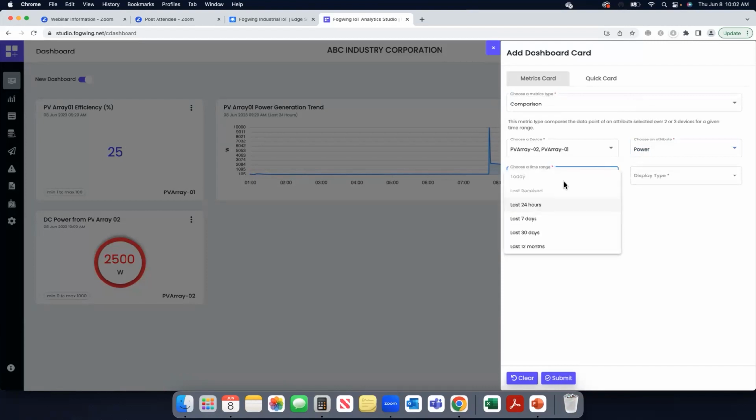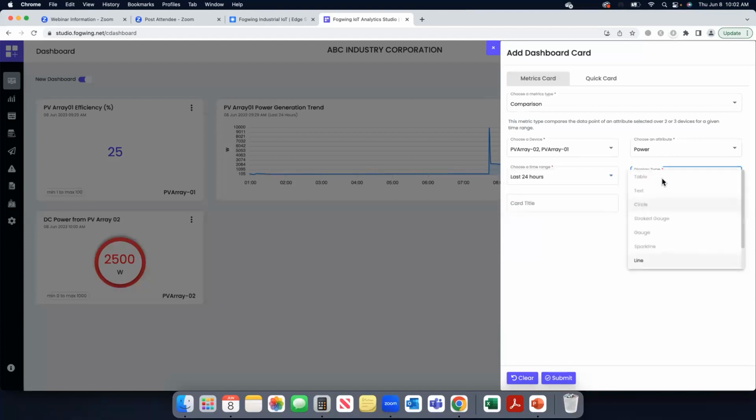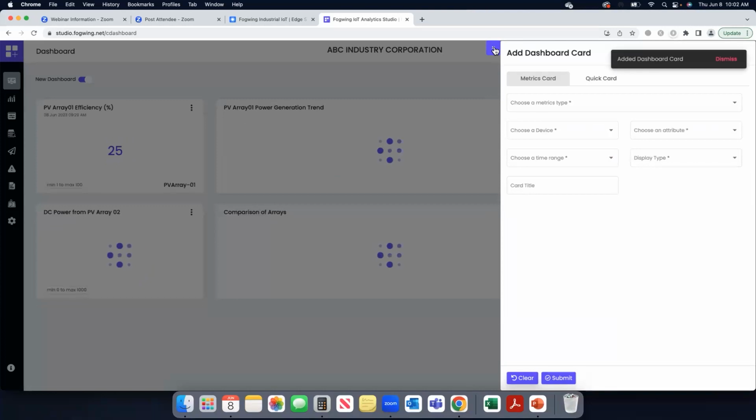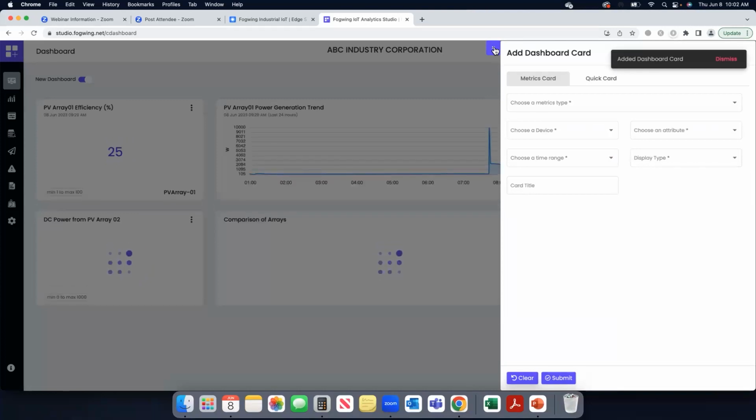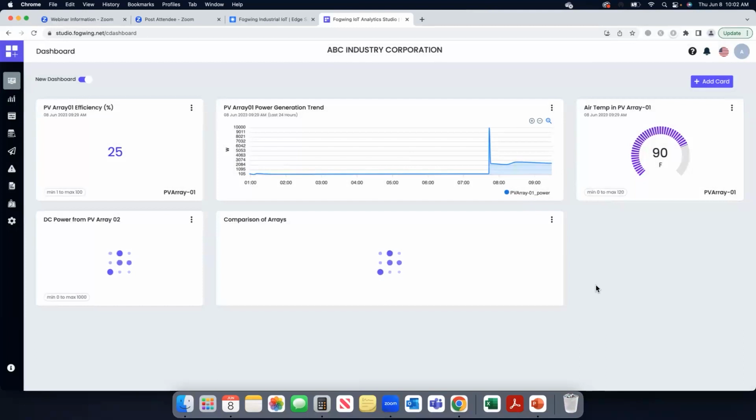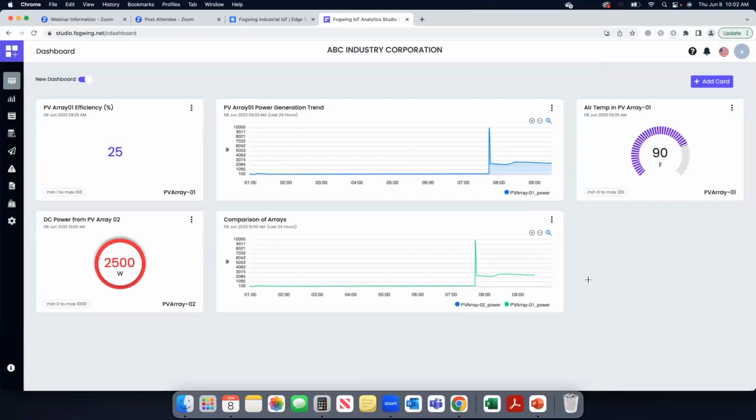Yes, correct. And then I'm going to declare here the last 24 hours in the line chart, comparison of arrays, right? So then it gets added to the dashboard as quickly as possible. It gets added to the dashboard, so it automatically compares. Right now, I think there are two values coming. Okay, so I think I declared two different names on that, so it's not comparing it. Let me correct that,